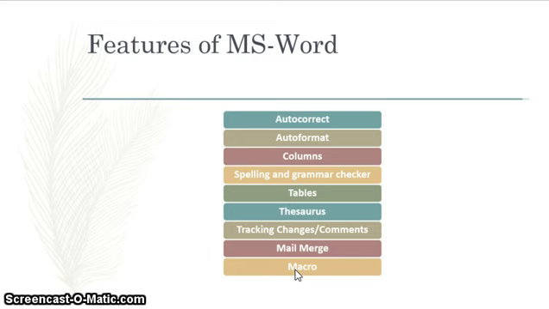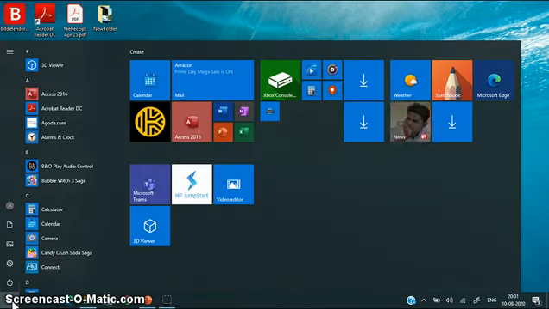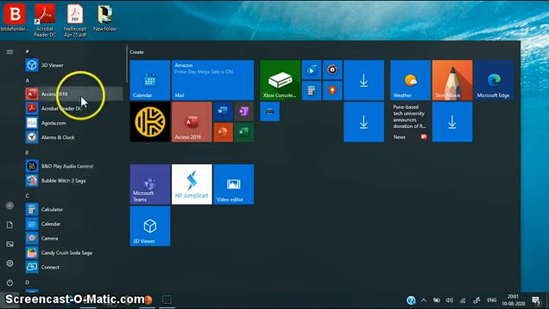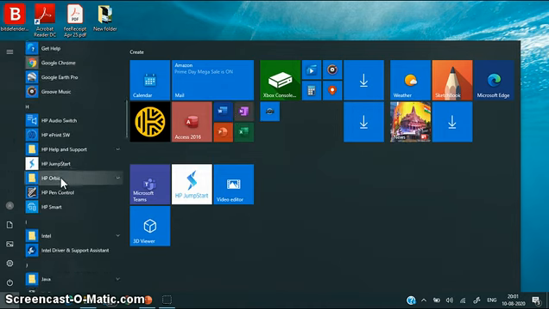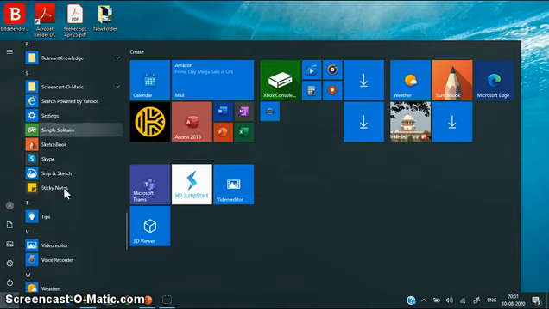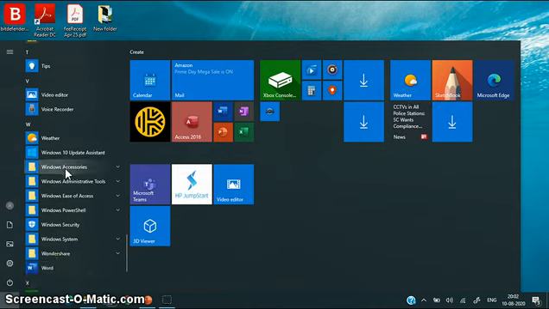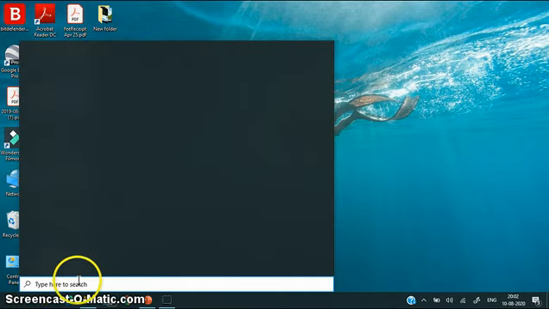Now let us start MS Word. For starting MS Word, you have to click on the Start button. You will click on all programs. I have Office 365, so I have made a shortcut here, but you can find it from here also. You will scroll down and you can find Word. Here it is written Word, so you can click it from here, or you can search. There is a search button also. You can type here MS Word,